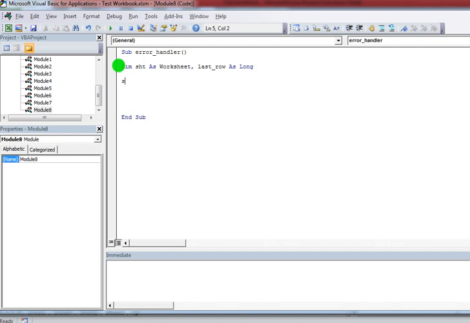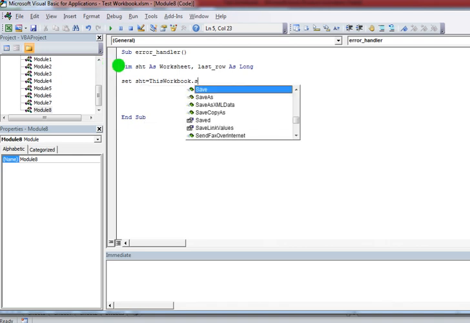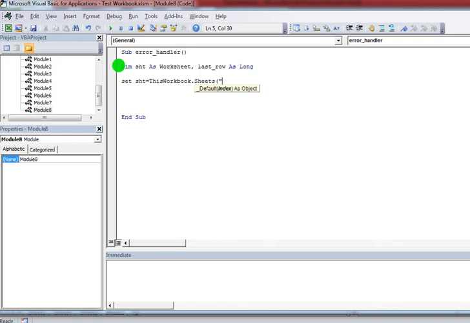Now I'm setting the worksheet: Set SST equal to ThisWorkbook.Sheets("Sheet3"). We have the data in Sheet3.